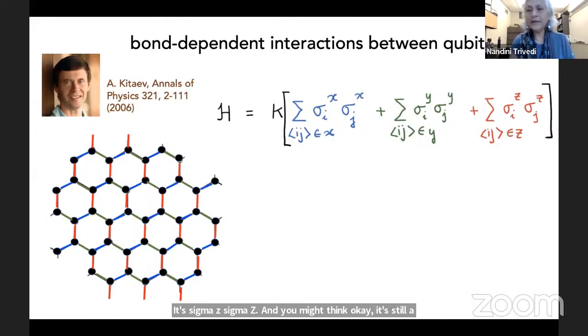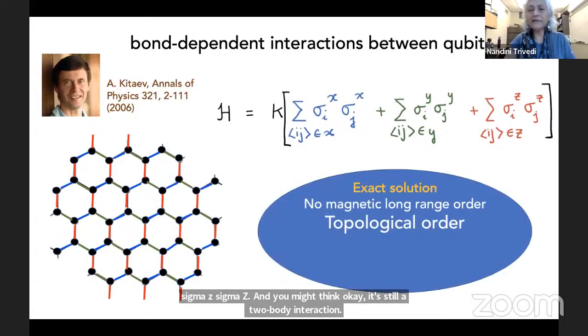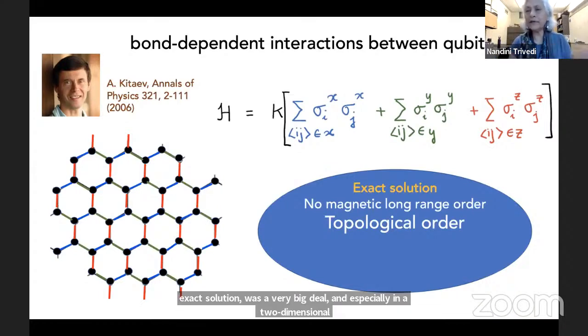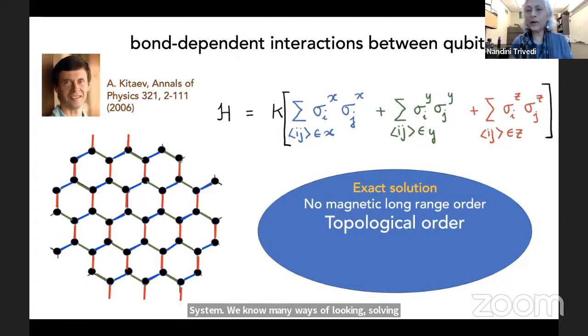And you might think, okay, it's still a two-body interaction. What could happen? Now, remarkably, Kitaev was able to solve this problem exactly. And that was very important, because otherwise, if you have approximate ways of solving something, you are never sure whether your result is affected by the approximations. So having an exact solution was a very big deal, and especially in a two-dimensional system. We know many ways of solving problems exactly in 1D, but this was a